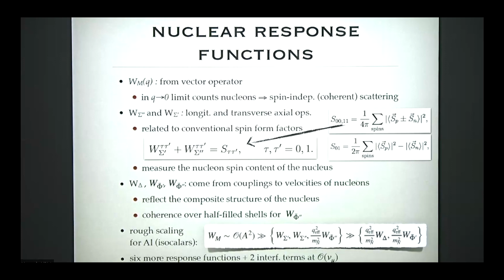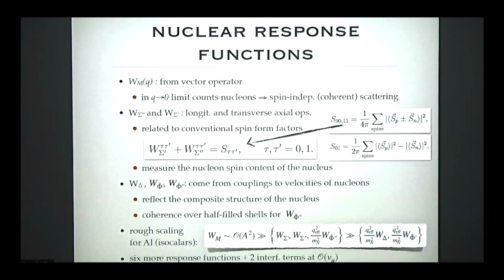Then the remaining 3 have to do with the distribution of velocities or angular momenta inside the nucleons. So basically what they tell you is the composite structure of the nucleon. These are the ones which really probe the fact that the nucleus is composite. They don't have a non-zero no-velocity limit. And interestingly, this F double prime has coherence over half the nucleons, which you can also see if you expand